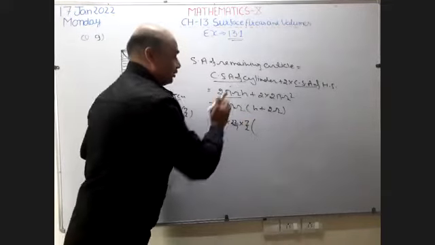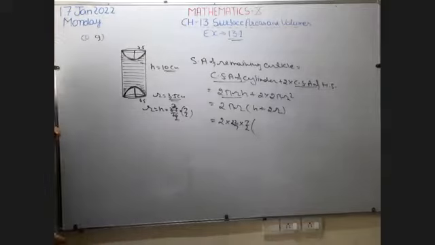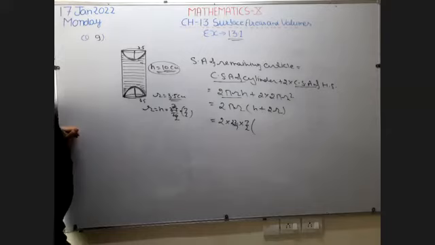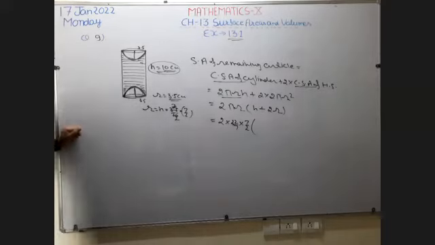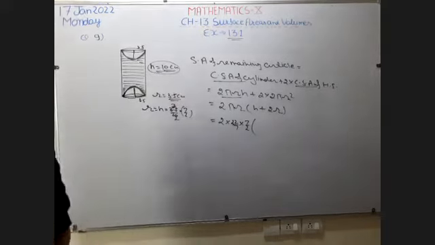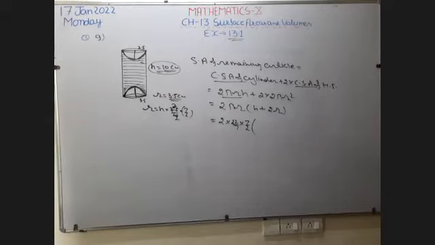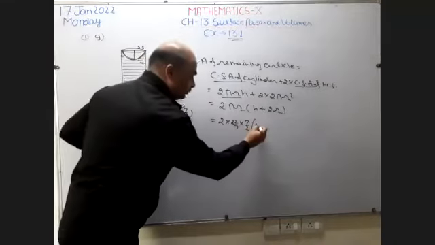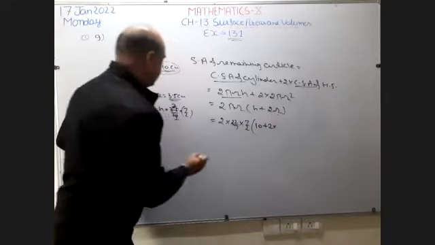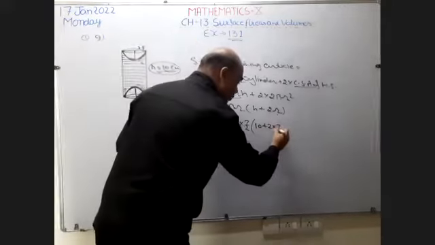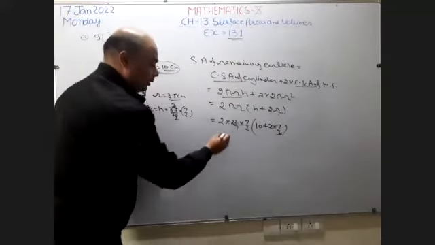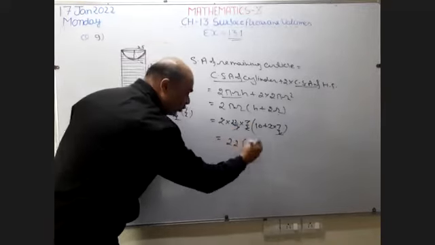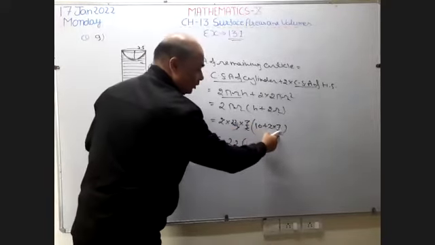Now height of cylinder. So what is the height of the cylinder? Clear? What is the height of the cylinder? Who will tell? So height of cylinder is already written here. So it is 10. Now twice the radius. What is the radius? 7/2. Right here 7/2. 2 is going to cancel with 2. 7 cancels with 7. What is left? 22. And after cancelling 2 to 7 is left.